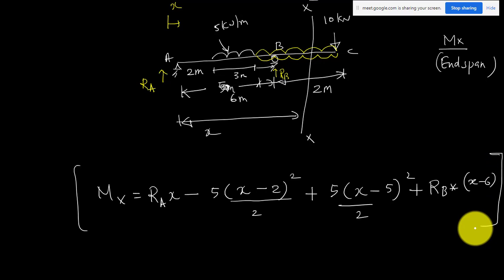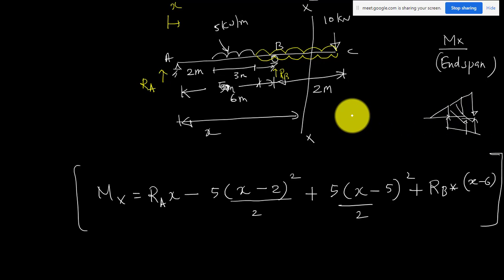Okay, so this is how you have to solve it. Again, you cannot solve by double integration method directly. You can solve it, but there you have to apply the matching conditions, which you may not have done. That is much more difficult. So you extend this UDL. If it is a UDL it is going to be simple. Only the difficulty is with a UVL. If you have a UVL like this you have to extend it like this only. This calculation will take a lot of time. Only that is the difficulty.